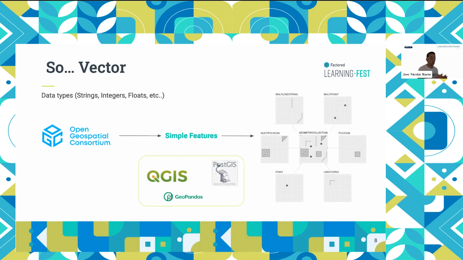And this kind of data is supported by the main, at least open source, software providers. We have QGIS, a GIS program to work with geospatial data. It is very good. It's open source, it's free. You can go ahead and download it and play with it a little bit. It has a graphic interface, so it's very easy to work with. We also have PostGIS, which is the spatial extension for Postgres, so this is SQL-based geospatial analysis that you can do. And we also have GeoPandas, which we will be looking at here, which is I think one of the main geospatial libraries available for Python.